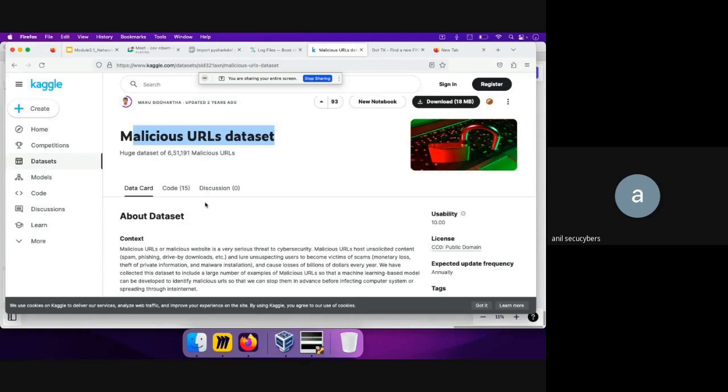At this moment of time, it is one of the best skills that a SOC person can have, because AI is taking a lot of jobs. So this is one of the best things that a SOC person can learn, which is the machine learning part. And this is one of the websites